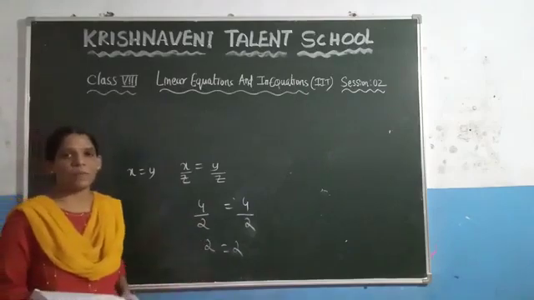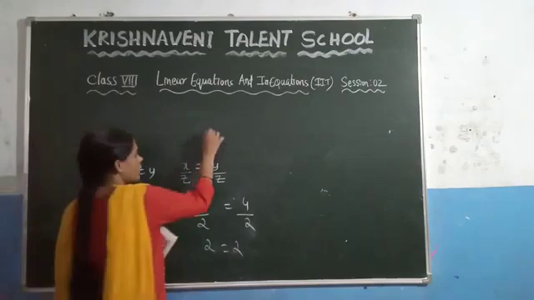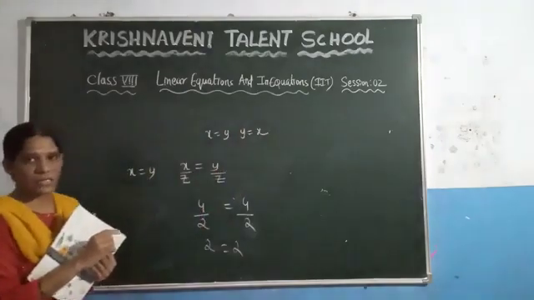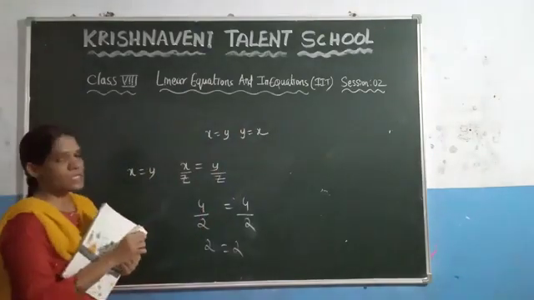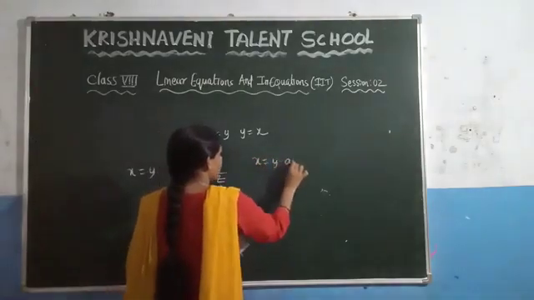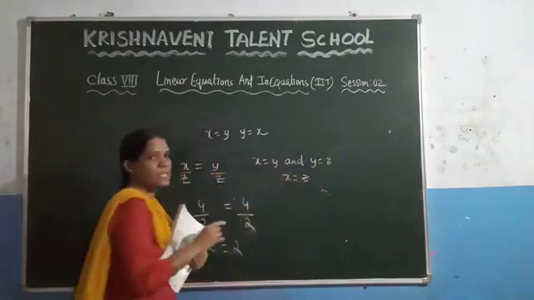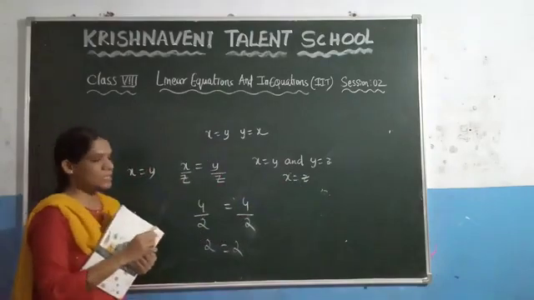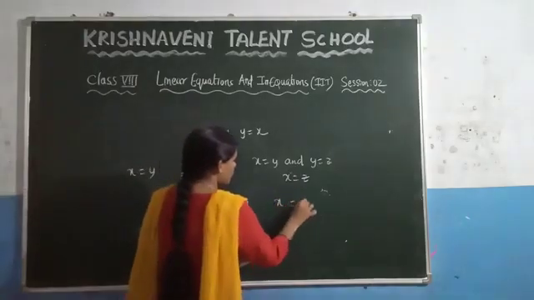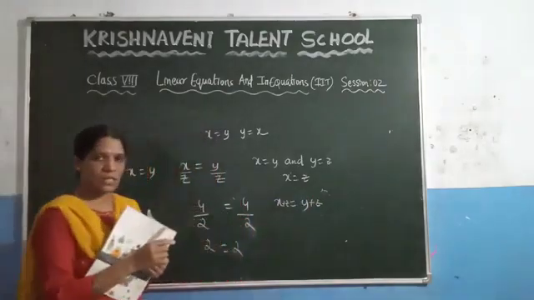After that we discussed the symmetric property. What it states: if the first number is equal to the second number, then the second number is always equal to the first number. That property we call a symmetric property. After that we discussed the transitive property. What it states here: if x is equal to y and y is equal to z, then x is equal to z. This property we call a transitive property. And after that we discussed the additive property. What is meant by the additive property? If you take any two values that are equal and add the same number, you get the same result. That property we call an additive property.